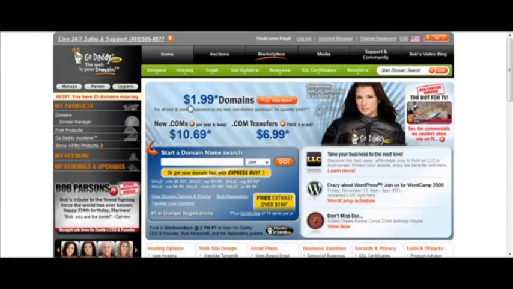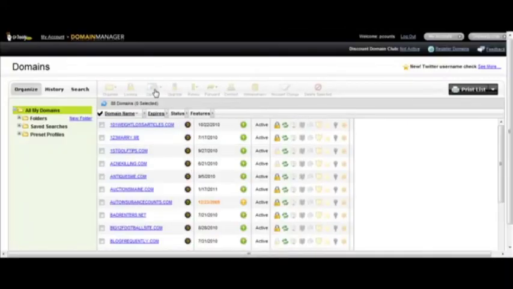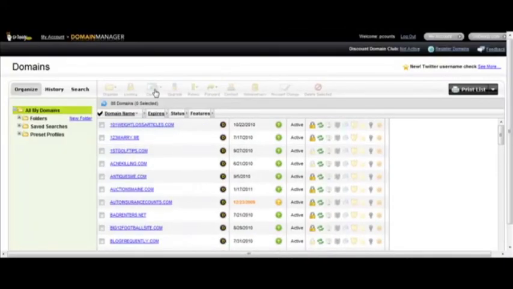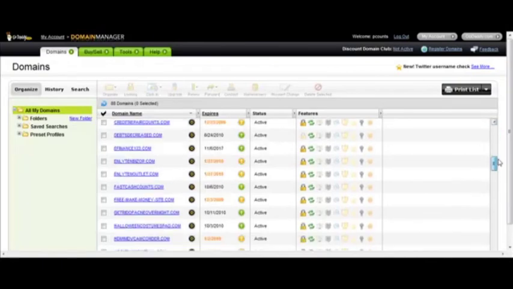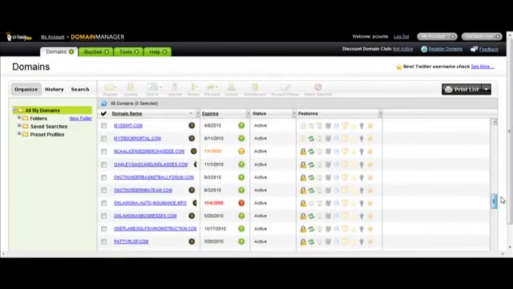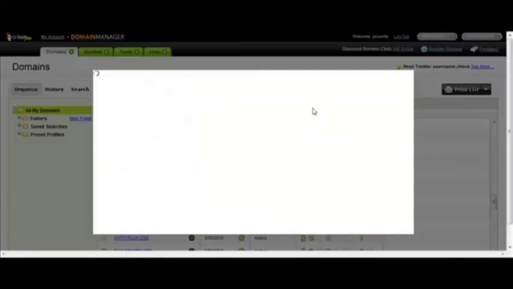So what you need to do now is go right on over to GoDaddy.com, log into your account, go to Domains, and select My Domains. And if you have multiple domain names, you just need to scroll down till you find the domain that you're working from. Otherwise, if it's your first domain, it should be right at the top. And they do alphabetize it if that makes it easier on you. So I'm going to just go to the domain name I want to choose, put the checkbox in there, select Name Servers,